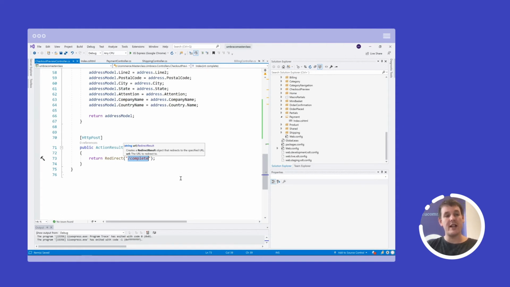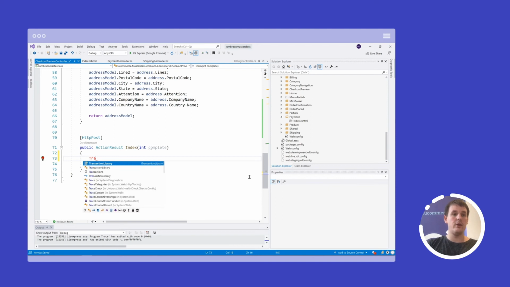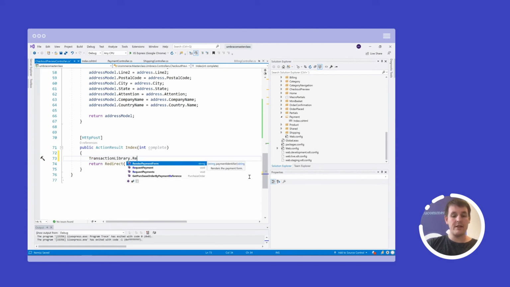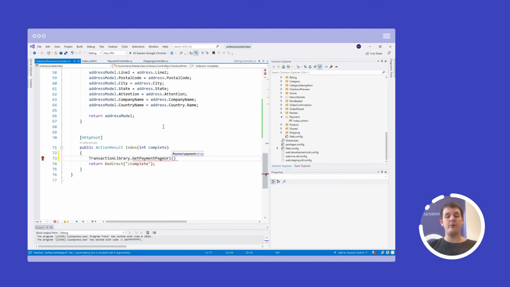For now, to check out the customer, we can do two things. There's a legacy thing that allows us to just call request payments directly, and then we can take care of the redirect ourselves. But the best practice way is to call get payment page URL, which will return us the page that we need to redirect to.